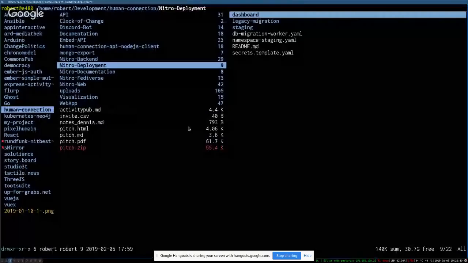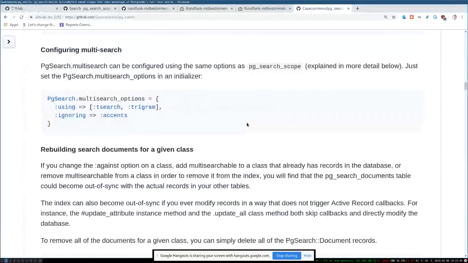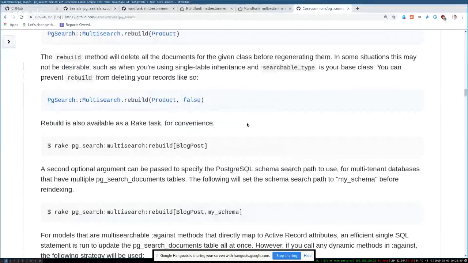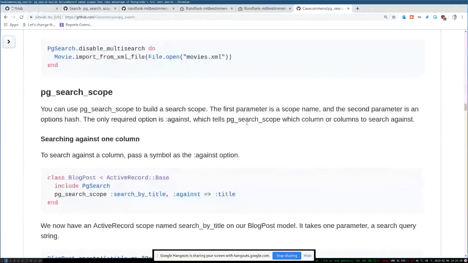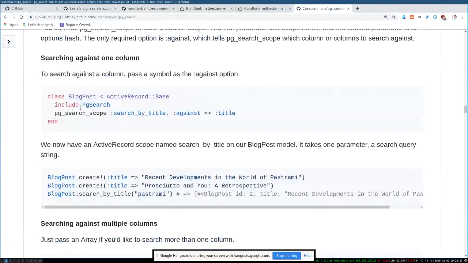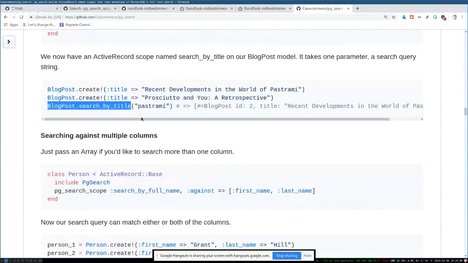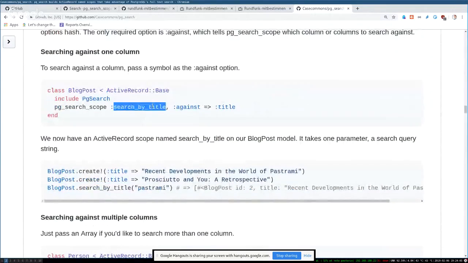So what do we have here? It's a search scope. So I have to scroll down for search scope. There we go, search scope. So that's apparently the API that we are using. So you include pg_search, and then you say pg_search_scope, and that gives you a method called search by title. And in our case, that would be,